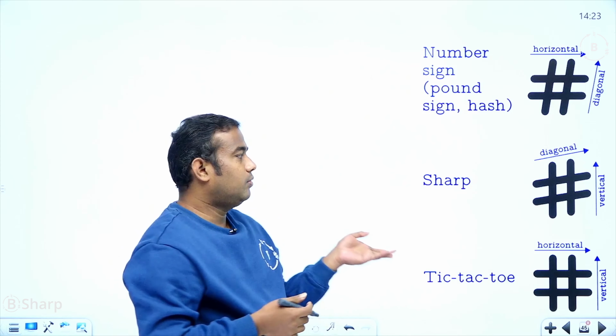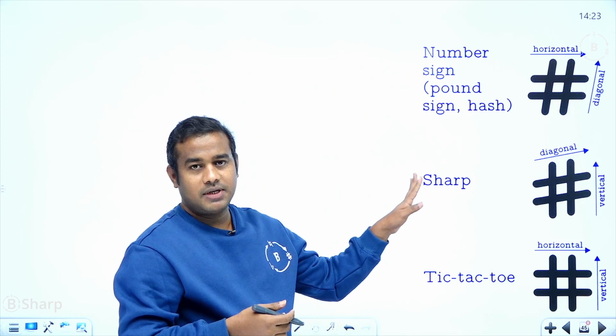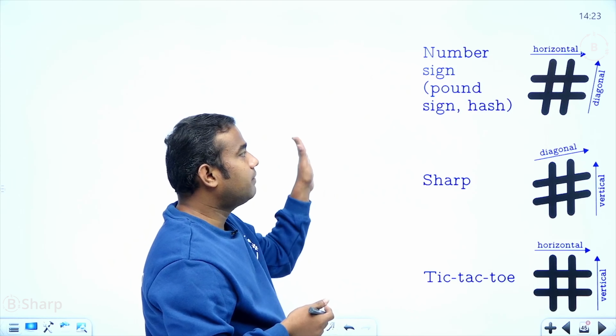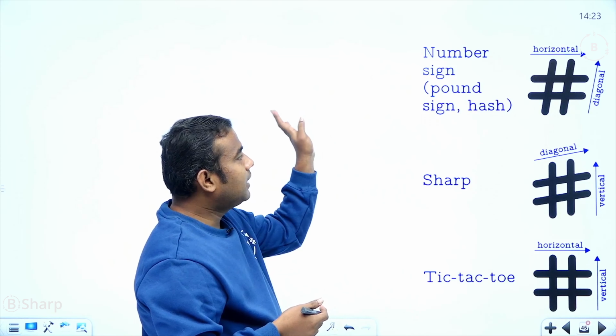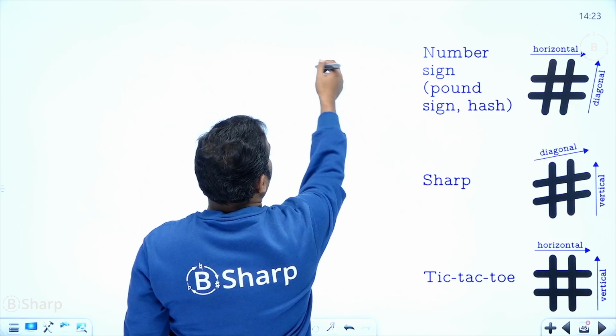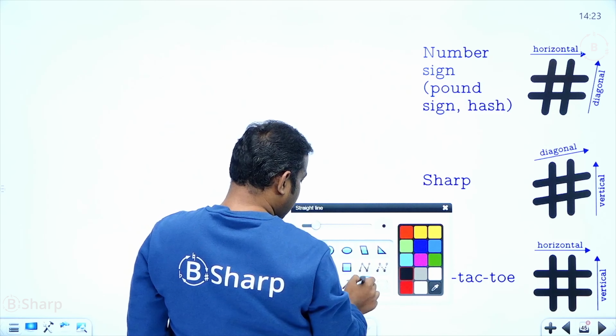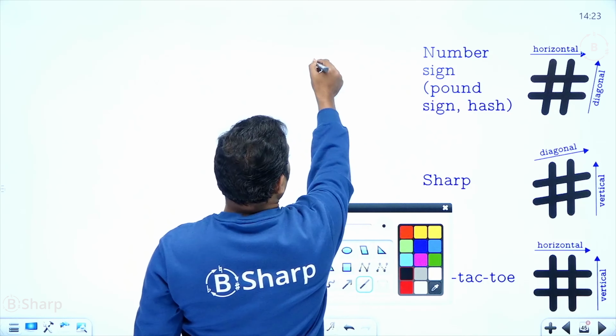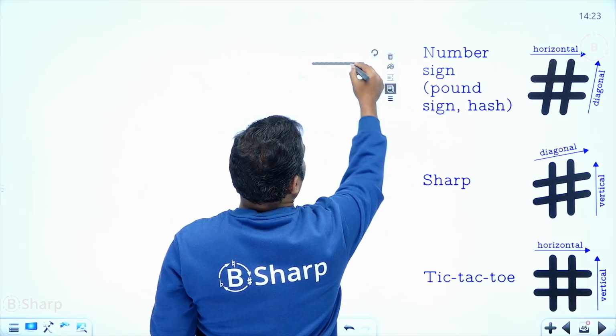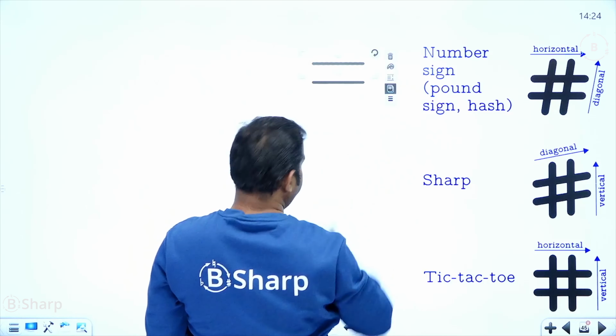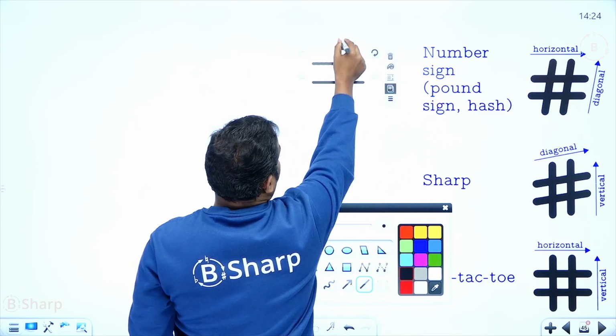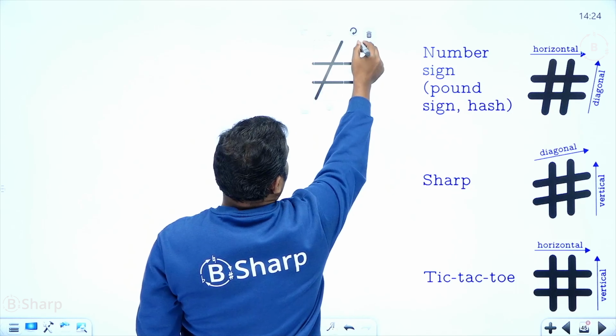In music we represent it in one fashion, whereas for a pound sign or hash sign we represent the same symbol in a different fashion. Here, if you draw one horizontal line, two horizontal lines, then two vertical lines,